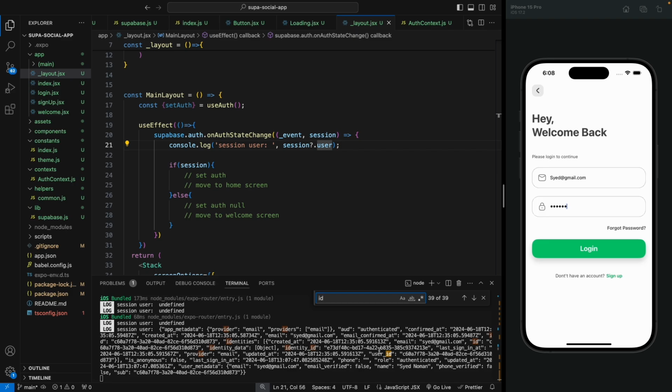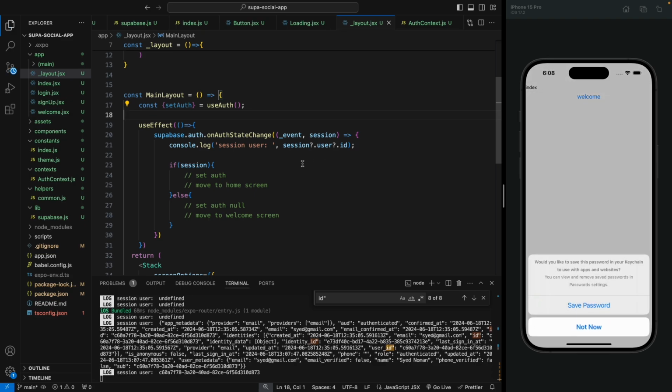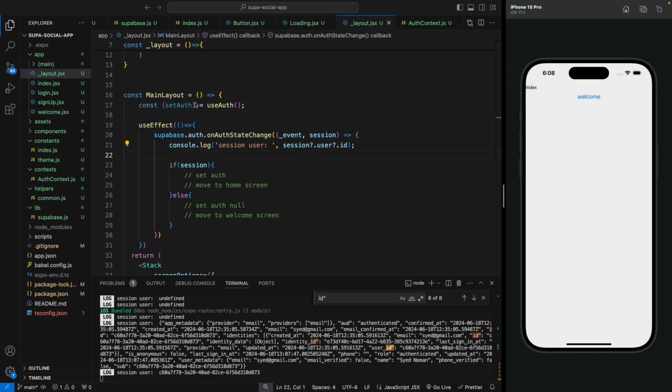We can also see the user metadata, and we have the email and the name of the user. So this is the user ID, which is a unique hash. It's a UUID that we stored into the users table while we implemented the trigger and the function. So instead of showing this session user object, we can just display the user ID like this and save this. So now we can see the user ID.